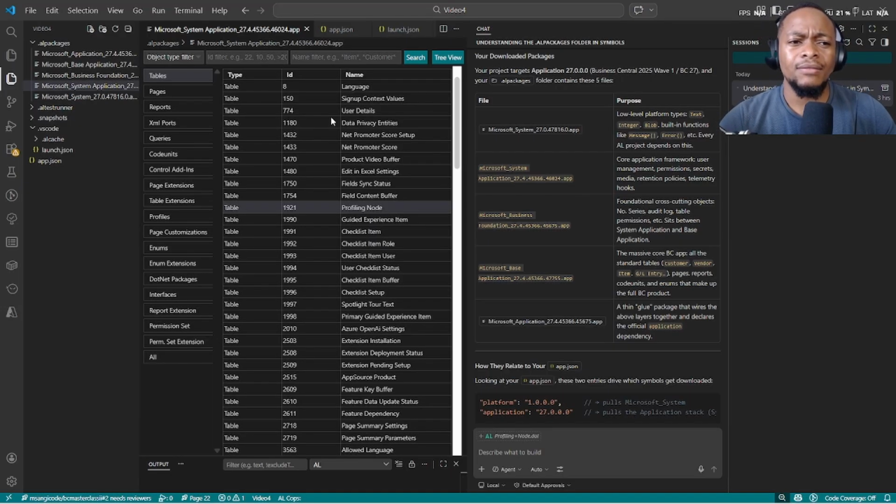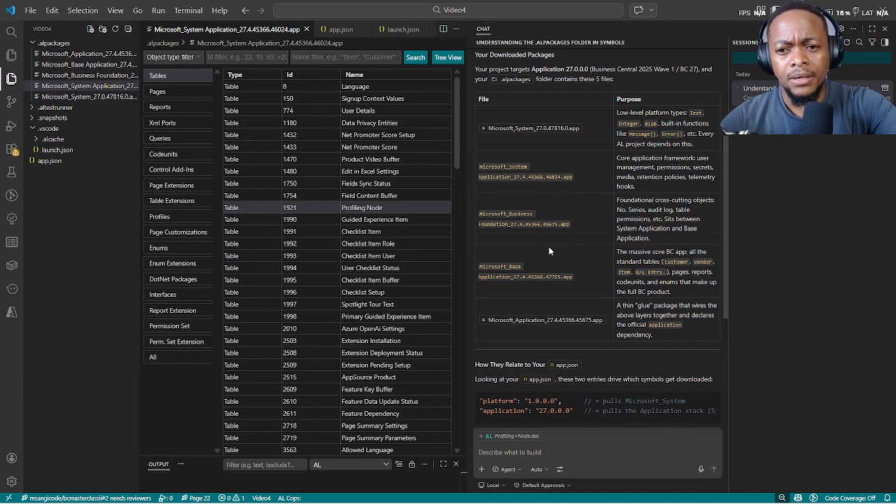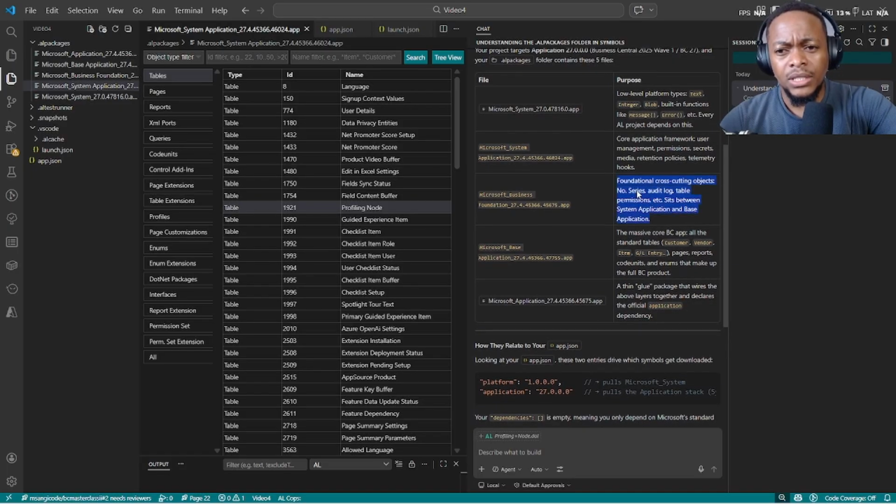So it is a database level record, and you can still define your own records if you are working with multiple companies and you want to use a table that is controlling all the companies that you have. You can use that feature and not have unique data per company, but have one distinct data for that particular company. Then there's the business foundation, which is the foundational cutting objects like number series and everything,